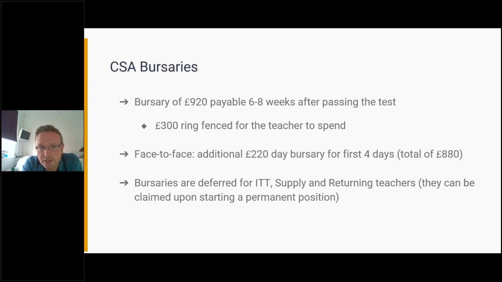And you can get the bursary, however, the bursary will be deferred until you secure a teaching position in a school in England. So the training will be free for you now, and that bursary is something that you will take with you to your school upon securing employment. So that's also quite a nice thing to be able to say when you go for an interview: I also come with this bursary of up to £1,800.